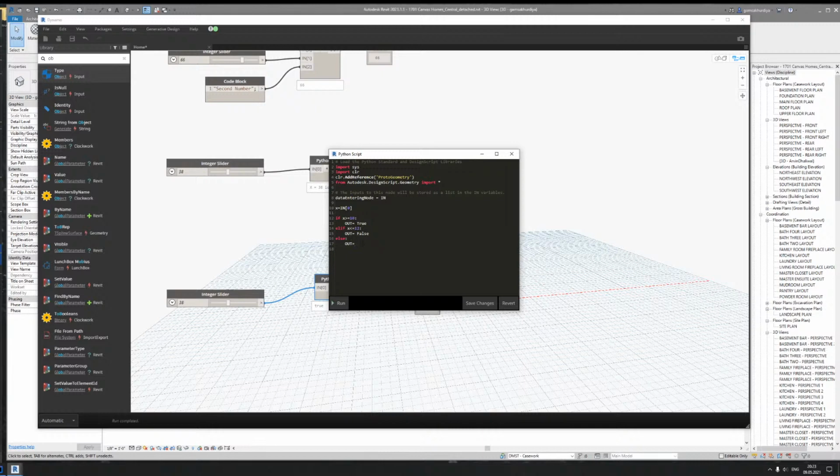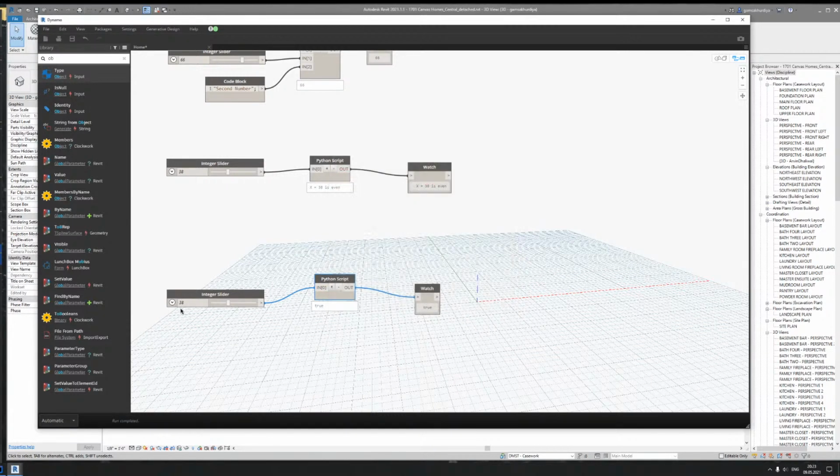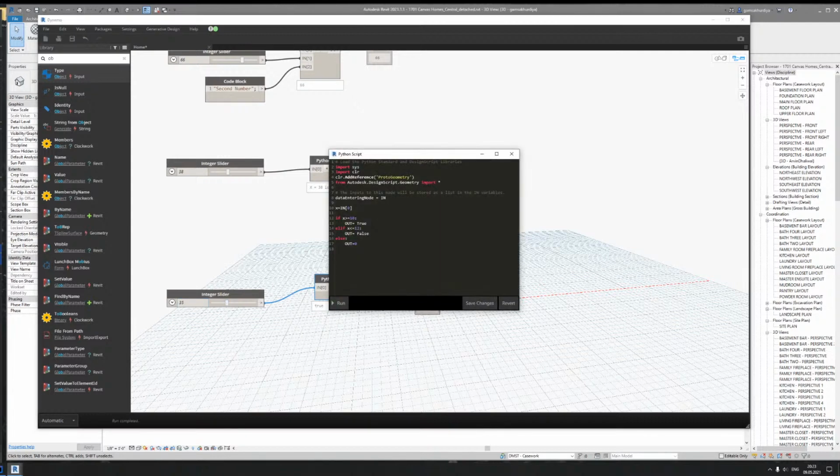Oh, I'm in the pass. Let me try. This is a function, but it's not working. Okay, break. Break is also not working. Anyway, I will leave the 0. Okay, so it's here. As you can see, if it's more than